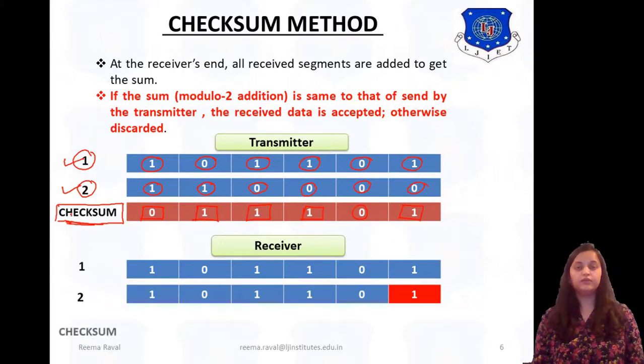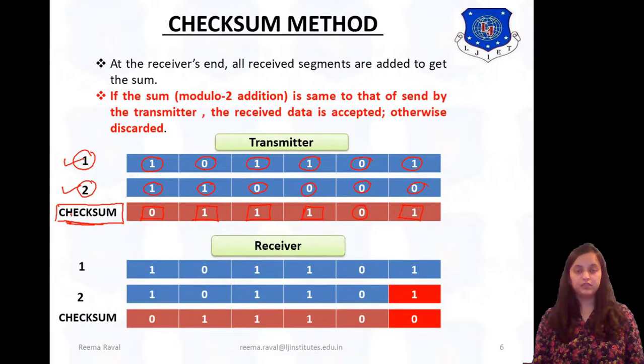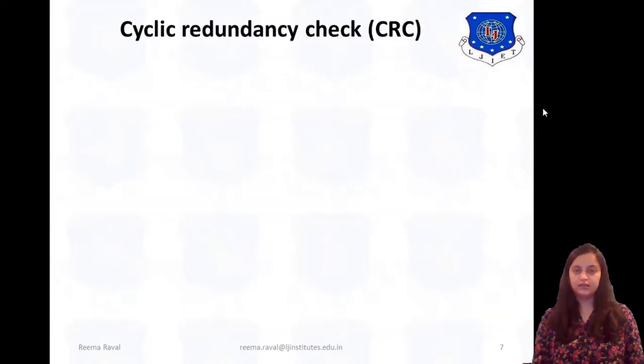So now the checksum produced will not be the same as that transmitted by the transmitter. As you can see, the checksum of the transmitter has the value 0 1 1 1 0 1, and here it is 0 1 1 1 0, and the last bit is 1. So here the data is changed. So the receiver will understand that there is an error in the received bit. Okay. So as you can see, the second data is changed, so the checksum produced is wrong. This indicates the error.